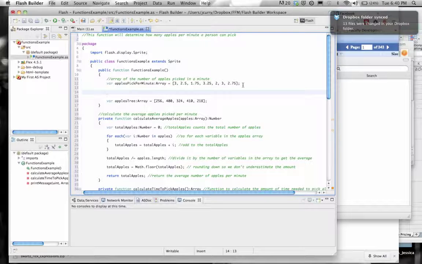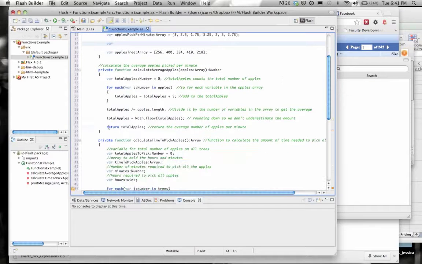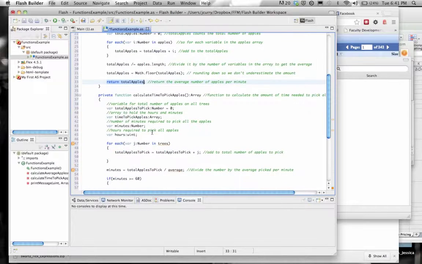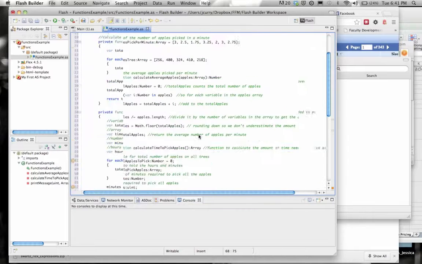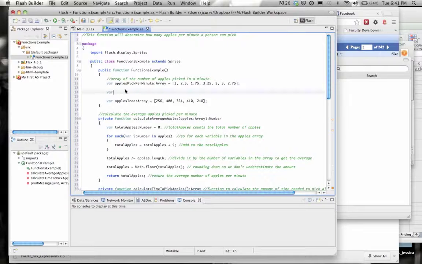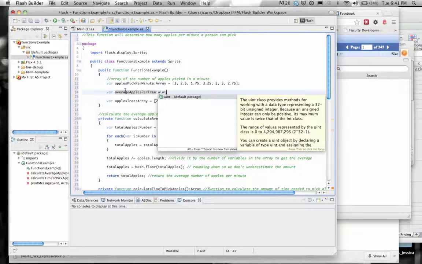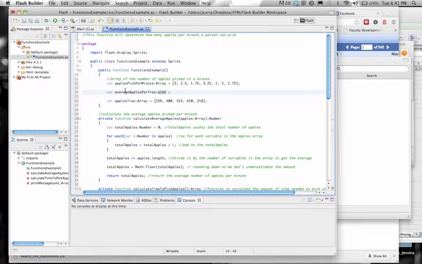So here's going to be an example of when we call a function. So we can use the function names, and since we've said down below, so return an amount, and again down here we have return. That's what allows us to bring it back here. So we have variable average apples per tree and unsigned integer equals calculate average apples